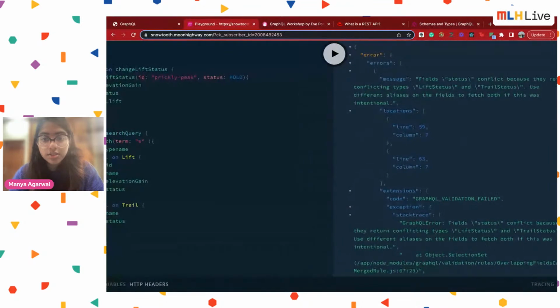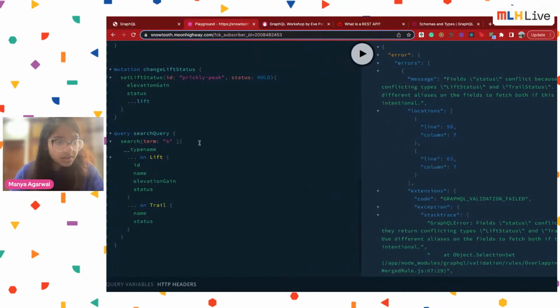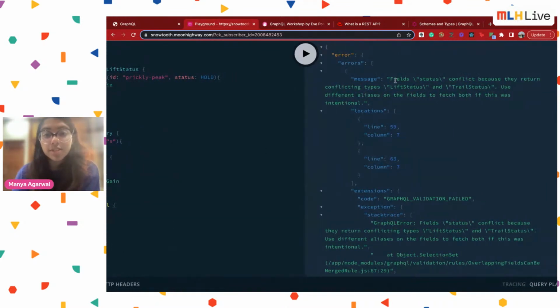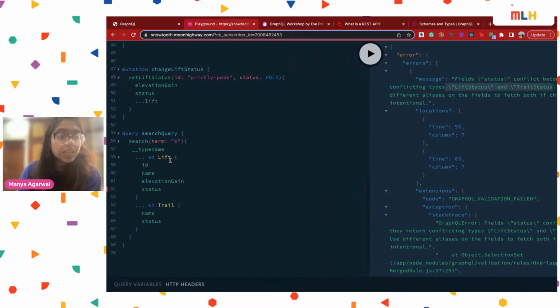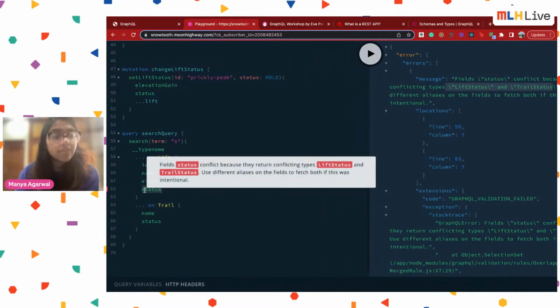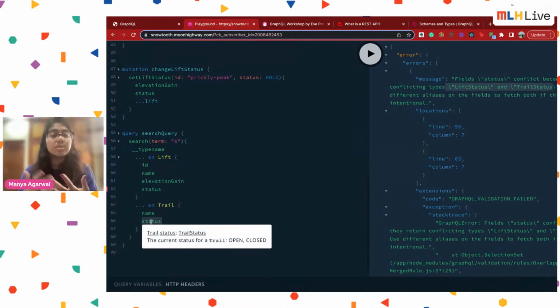Because they return conflicting. Okay, wait, what? Oh, okay. So now you can see that the error here says field status conflict because they return conflicting types, lift status and trail status. So you can see on both lift and trail, we have this field called status, and it's going to confuse. So let's say for example,